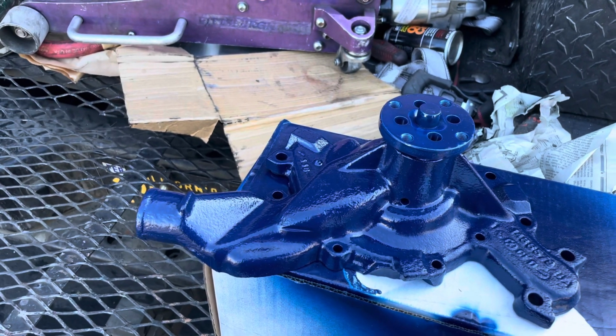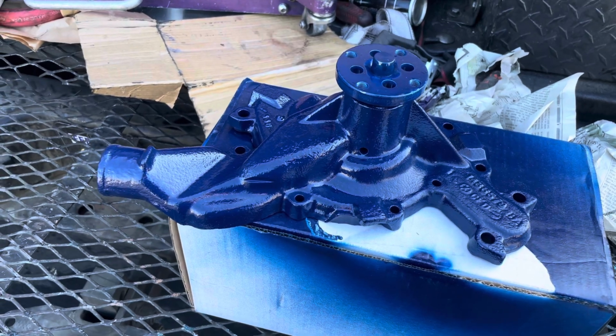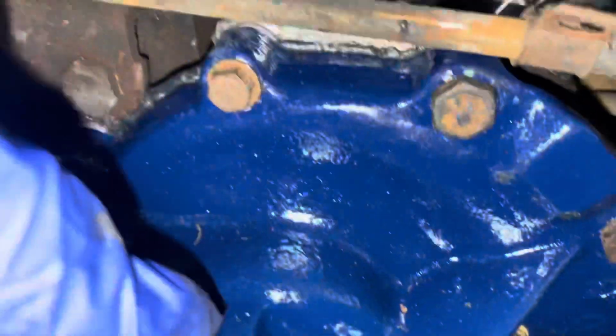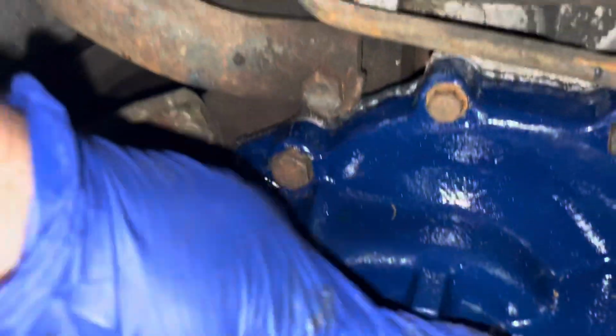set our gasket, put a light bead of silicone, not 14 gallons, and then begin bolting this baby up and in. Alright. Have our correct pump in, bolted down. Finally, just wiping a little